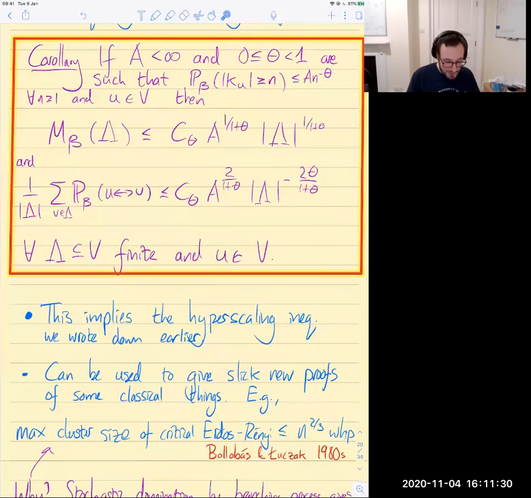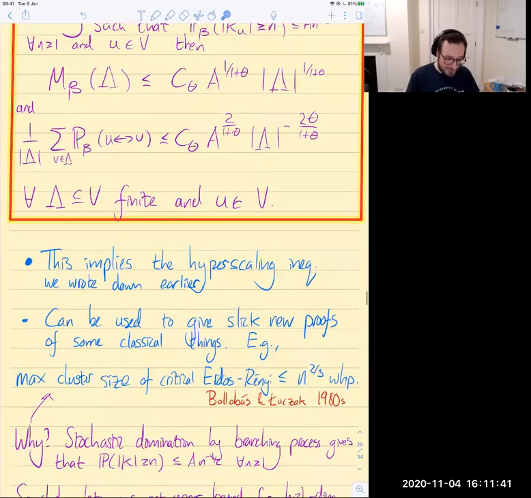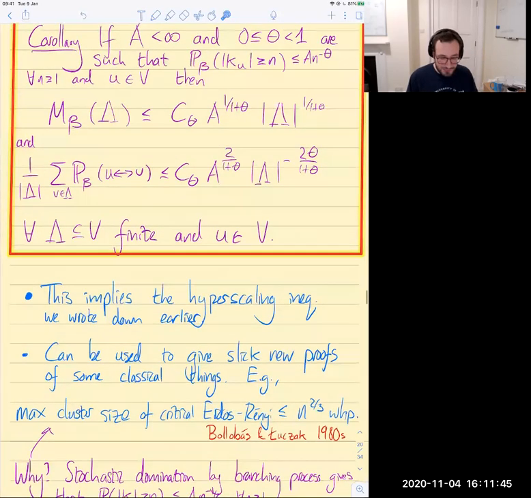It's not sharp if you're in high dimensions and you take lambda to be a box, but it is sharp for high dimensional tori, for example, or say for the Erdős–Rényi graph. And these bounds actually give you much simpler proofs of some classical things about percolation on finite graphs. So for example,